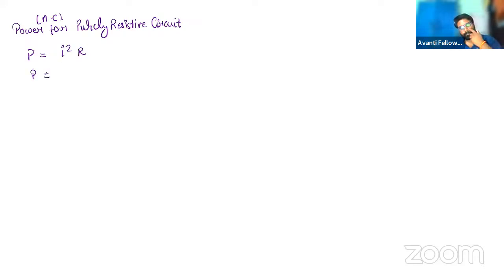power for purely resistive circuit for AC, ठीक है, for the previous case. तो पावर को हम कैसे लिखते हैं? पावर इज नथिंग बट I square R, ठीक है। I की वैल्यू यहाँ पे पुट करोगे आप, I की वैल्यू पुट कर दो। तो देखो वैसे भी सिंपल सी एप्लीकेशन है, V into I होती है